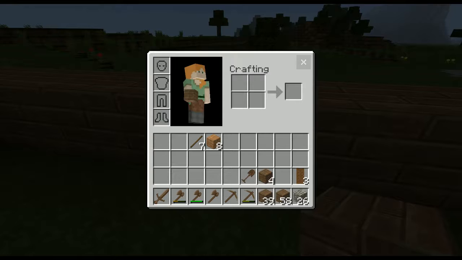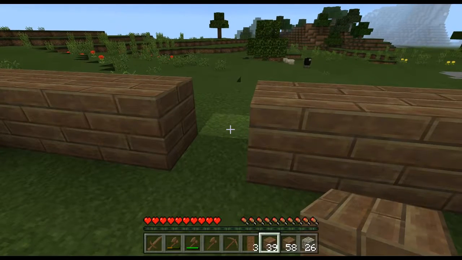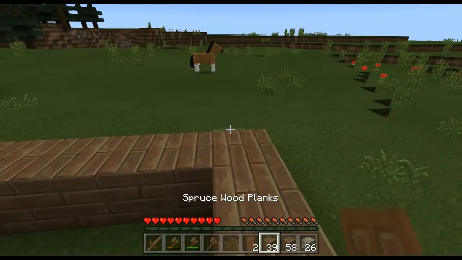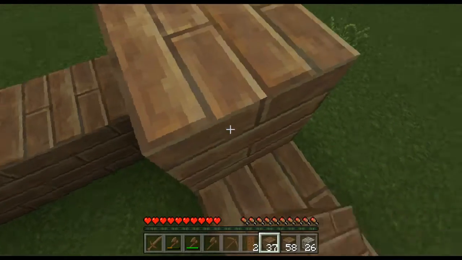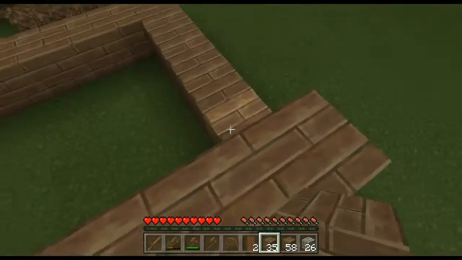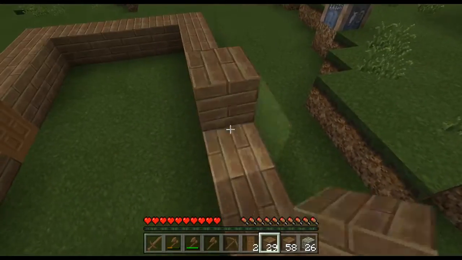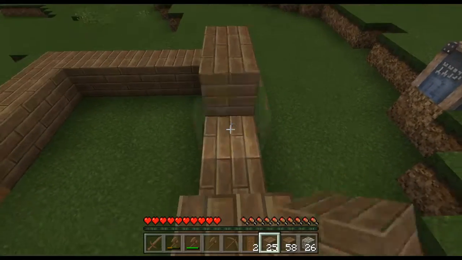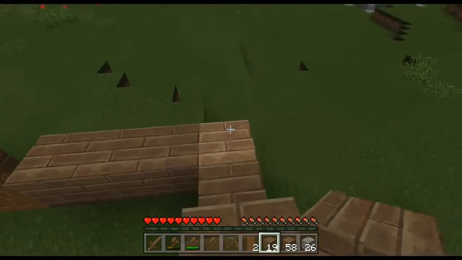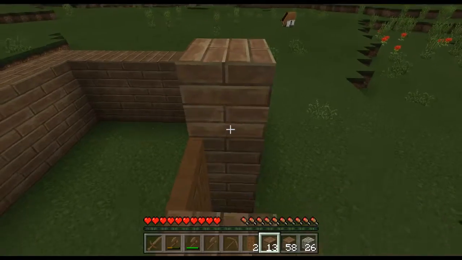All right, we're going to put our door on. Just select the door, right click, there it is. And now we're going to keep laying these. Just highlight where you want to put this. Whoops. And right click. We want the walls to be about 4 high. That will keep out most monsters. Not always, but...